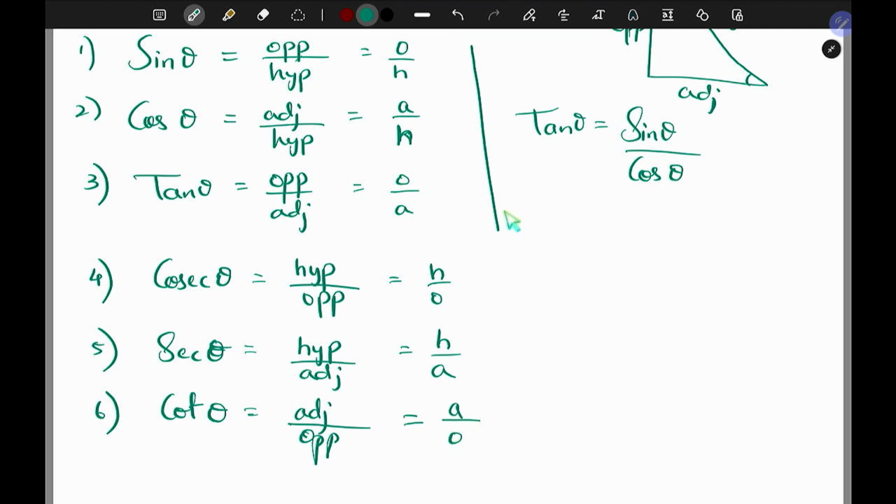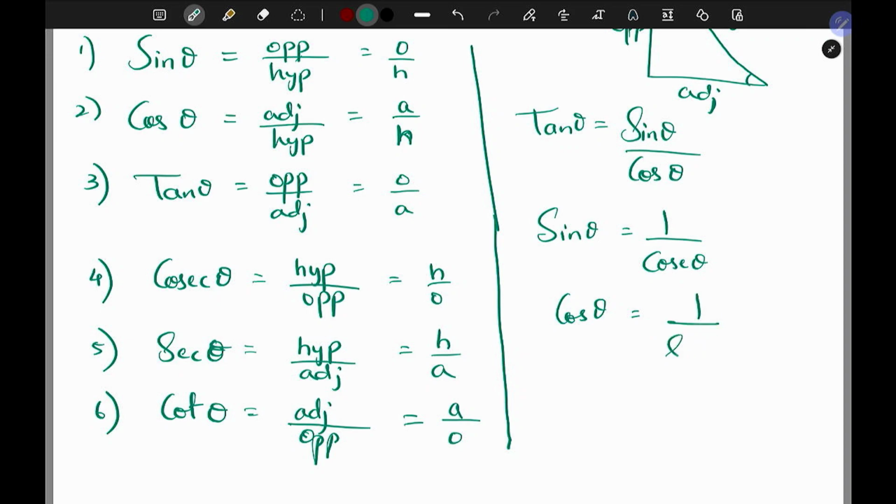So what this means again now is that these 3 are connected to these 3. How are they connected? Sine is the reciprocal of cosecant. Cos is the reciprocal of secant. Tan is the reciprocal of cotangent or cot. How simple. Okay. Alright. Now,